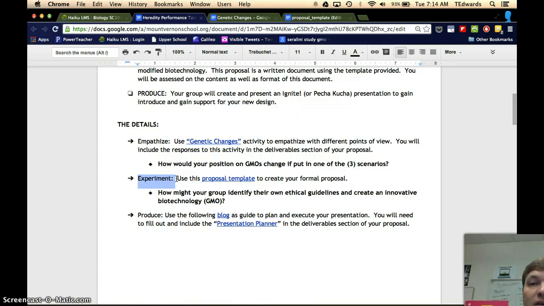The second thing to keep at the top of your mind is the roles that each member in your group is going to play. Who's going to be responsible for what? Who's going to maybe lead the charge on discussions? Who is going to start doing some research for the group? Who's going to come up with a game plan for when you are going to make these little checkpoints for yourself? So make sure you spend some time with your group deciding how you're going to get all of this work done by Monday. I really don't want you to have to work over the weekend, so use your time